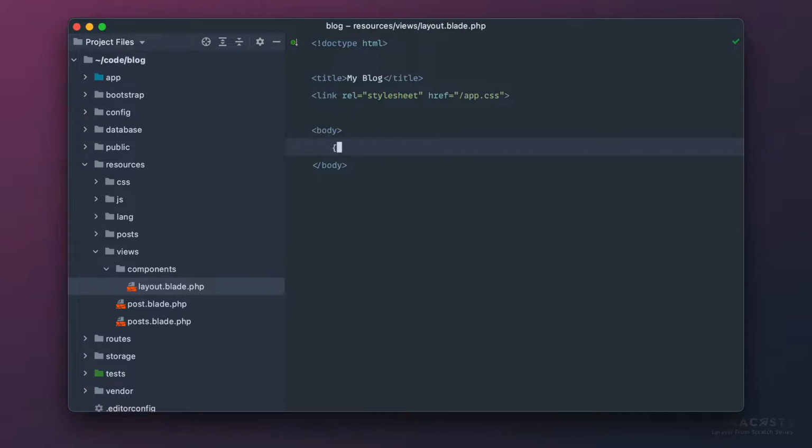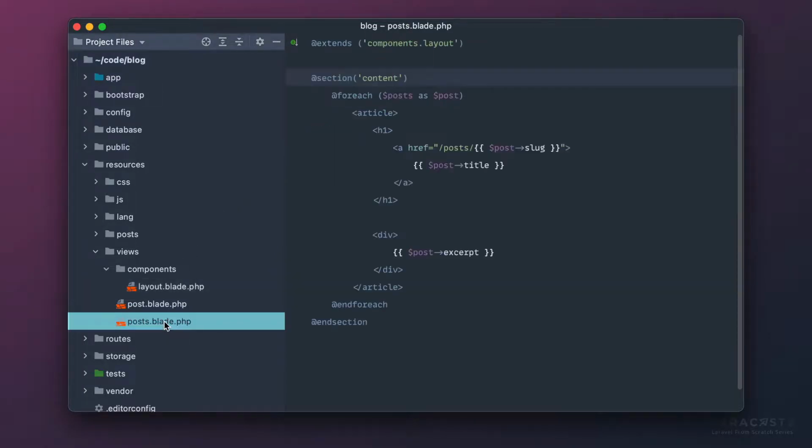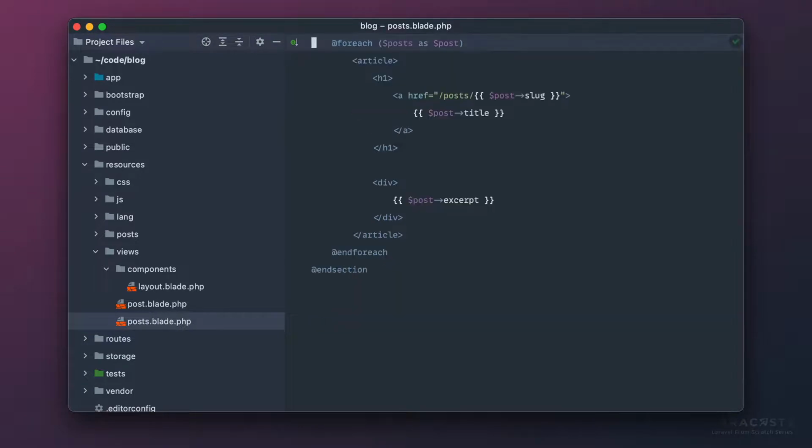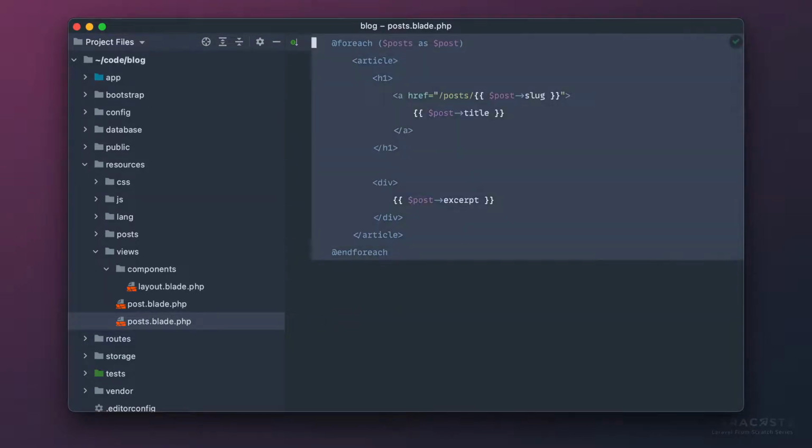So I will remove this, and let's replace it with echoing out a content variable. So what you see here is a basic blade component. And as long as you throw that in the components directory, you're all set to go. So let's update this now. So we can remove all of this now. And instead,